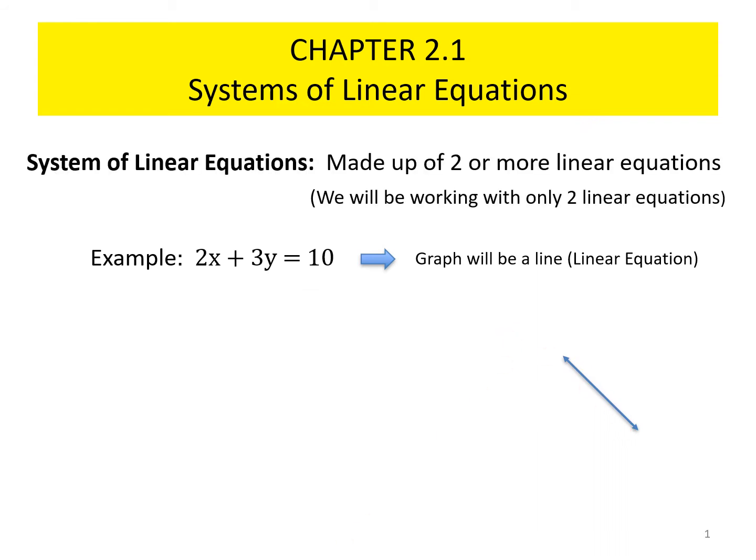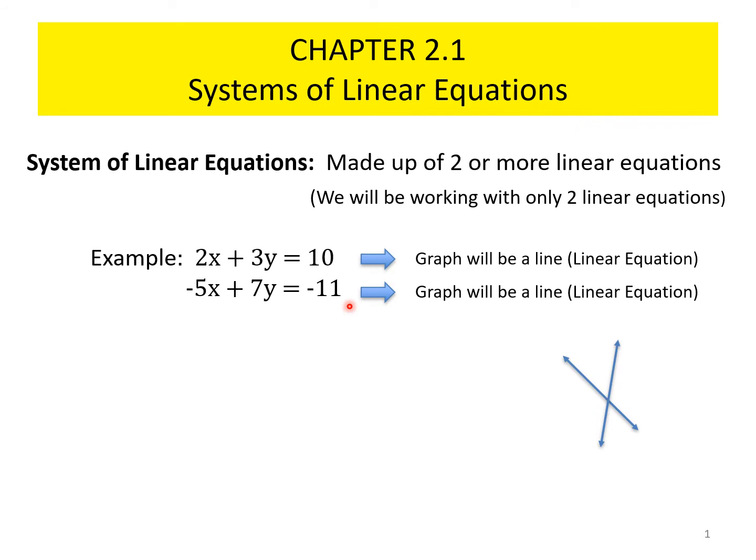Now we're going to discuss a system of linear equations. A system is made up of two or more of these equations. We're only going to be discussing two of these equations at a time. So let's take a second equation: negative 5x plus 7y equals negative 11. And we're going to say the same thing about this. That equation will represent a graphed line, and every point on this graphed line will be a solution to this